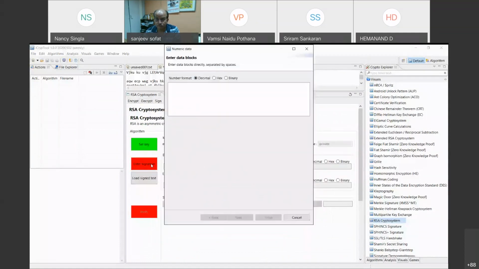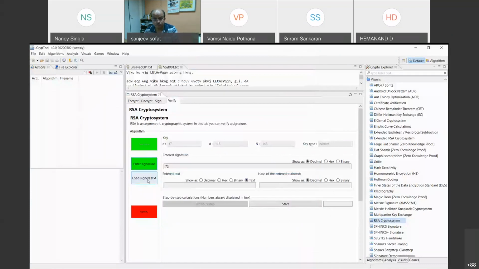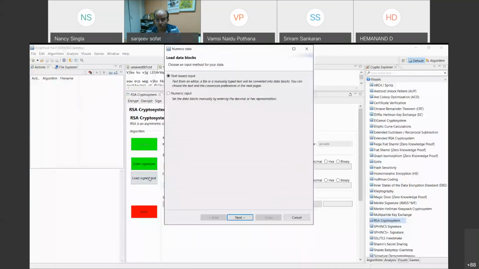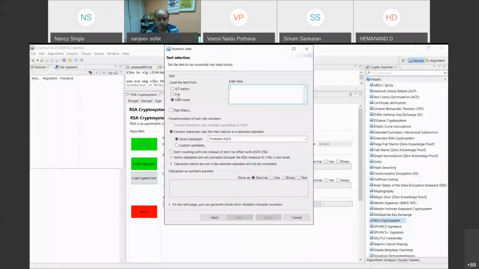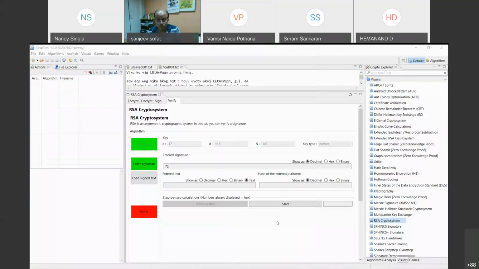Now I'll enter a signature. My signed text was 72. We'll click finish. And here I'll type the signed text, which was the original text I typed, welcome. Then finish. Now here it has again calculated the hash value 63.